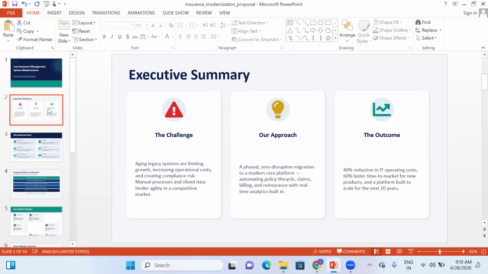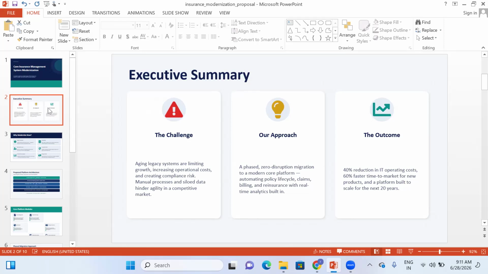At the same time, the platform that we are building should be scalable for the next 20 years. That scalability is important because in future some requirements can change. The application should have the facility to scale up to the next level. So we are taking into account that this application can be scaled for the next 20 years. So these are the three major things.